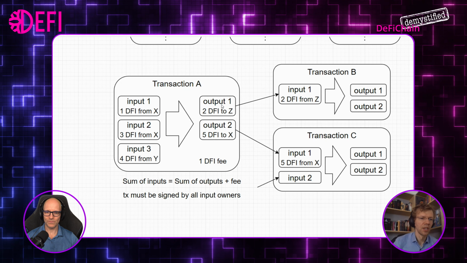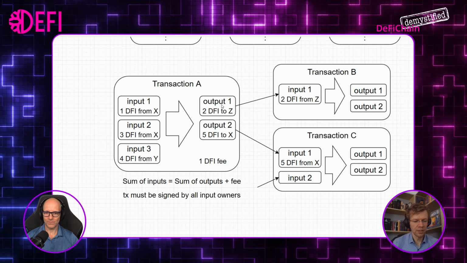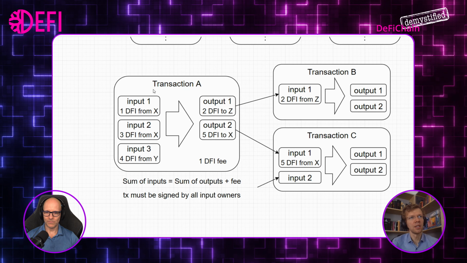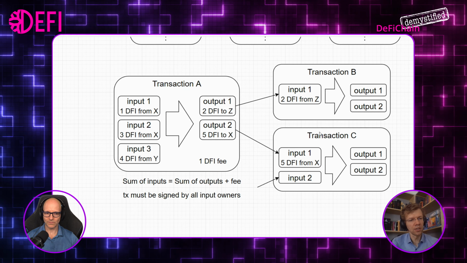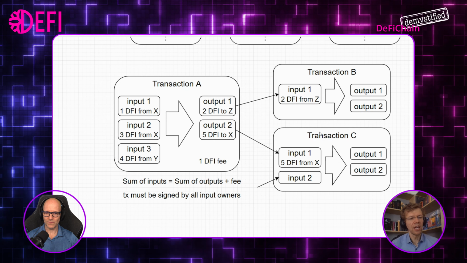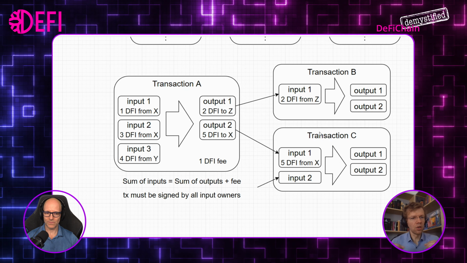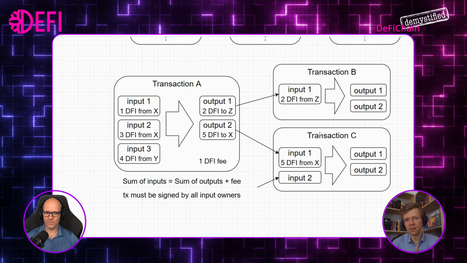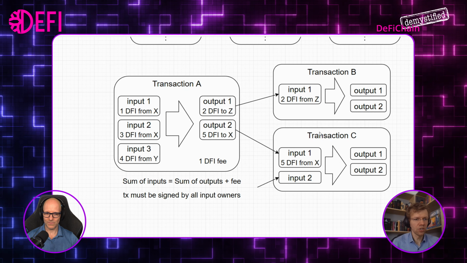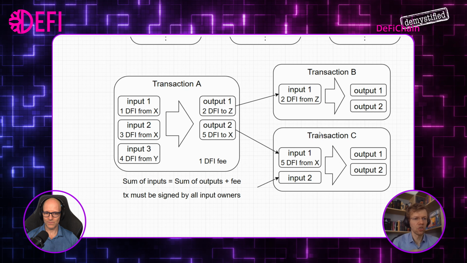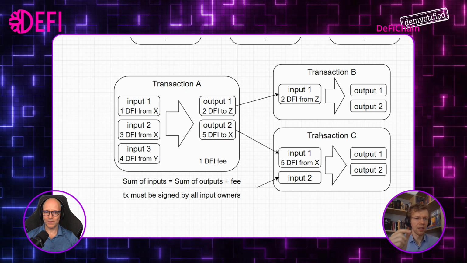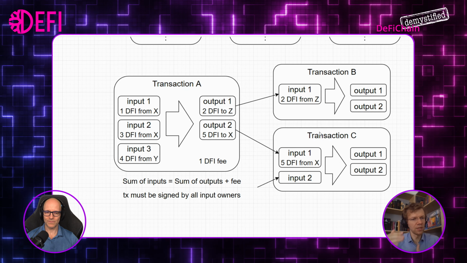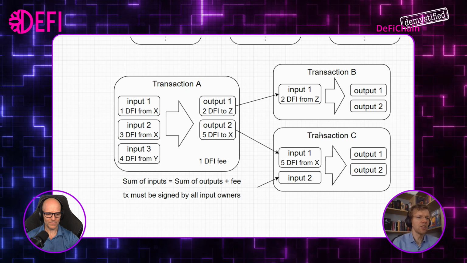So in your address, the amount of coins in your address, so your balance in the blockchain, in Bitcoin, on the UTXO level, on the native level, you don't have a balance. There is no number in the blockchain that says address X now has 12 DFI. In the blockchain, in the database, there's just address X has those unspent transaction outputs belonging to him, because that's the unspent transaction output that came into X, and that's what you can use.